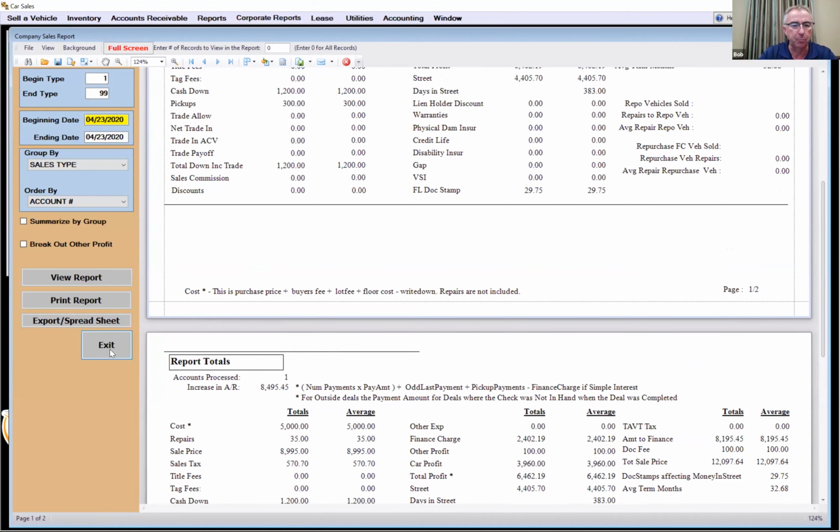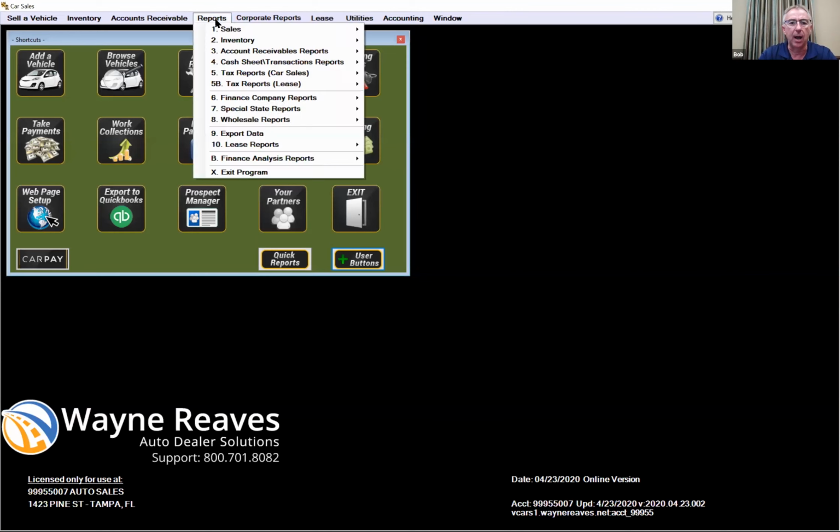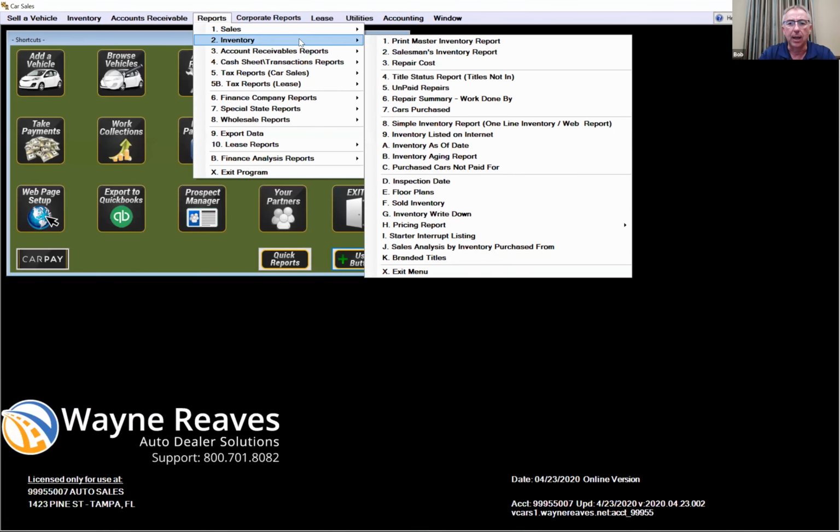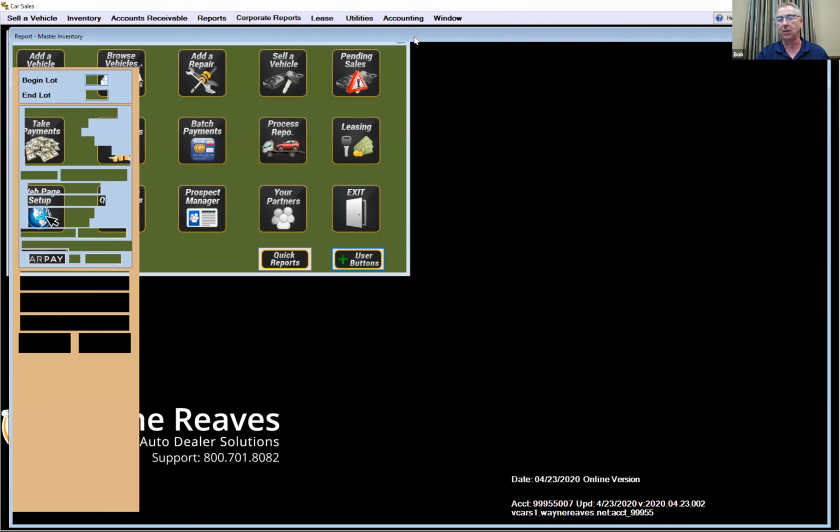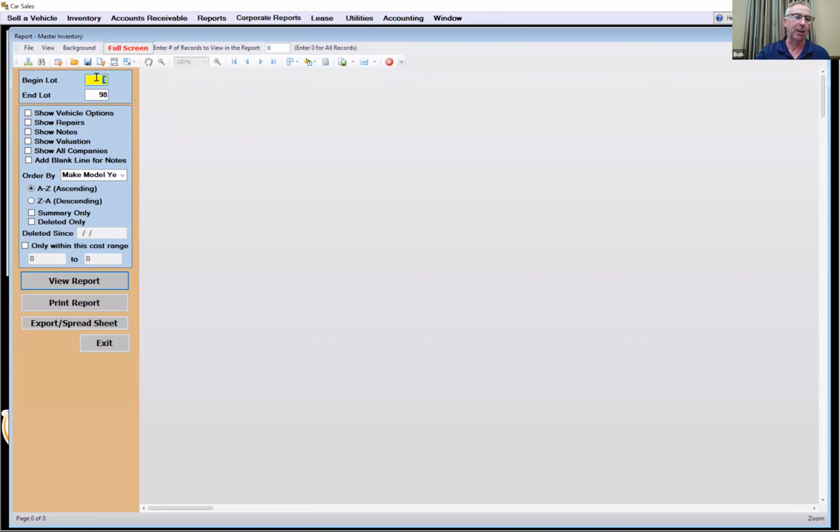So just know that there's spreadsheets that spread out. Inventory reports. The inventory report, I can't really run that by date range, because we've got two types of reports. I've got reports that I can run by the date that I did things. What did I sell? I can do that by the date range that I sold my vehicles. Inventory would be a snapshot of what I have in inventory at any given point in time. So I can't separate that by date range, but what I can do is I can separate it by lot